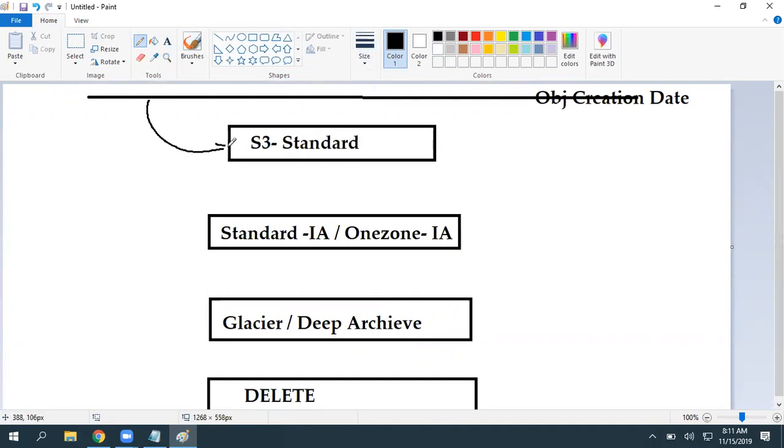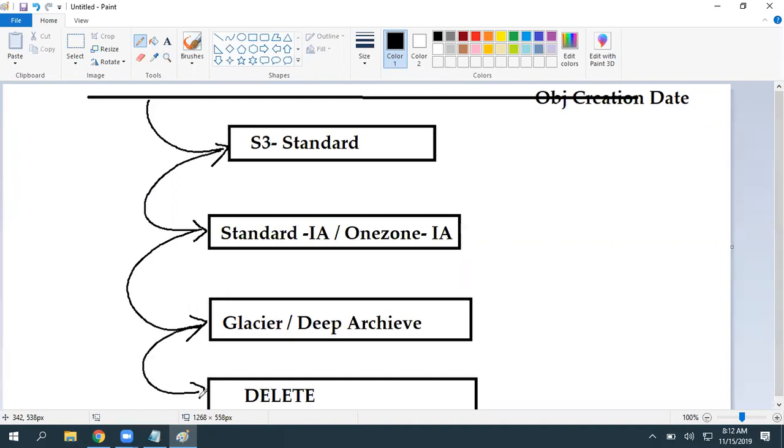Now you have uploaded an object into an S3 bucket. By default, it came to S3 Standard. Now, based on our storage requirement or access pattern, you can move that object to Standard Infrequent Access or One Zone Infrequent Access. Both have the same properties and are designed for the same purpose, but in One Zone the data is in only one availability zone and costs 40% less. The design purpose is the same. Then after that, you can move to Glacier. At some point, you can trigger a delete.